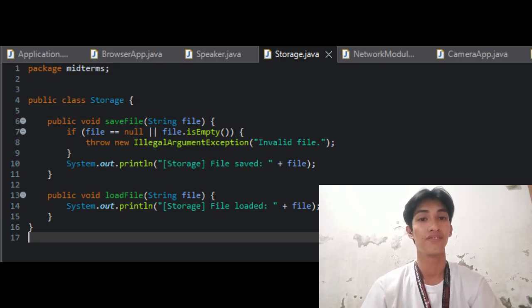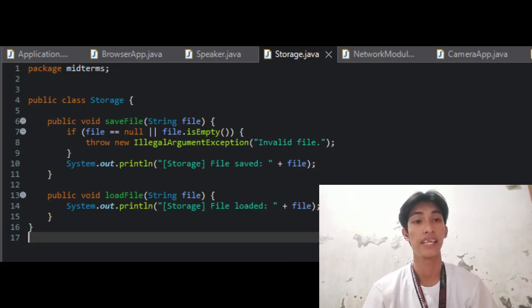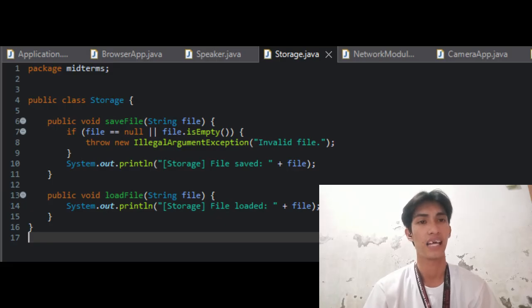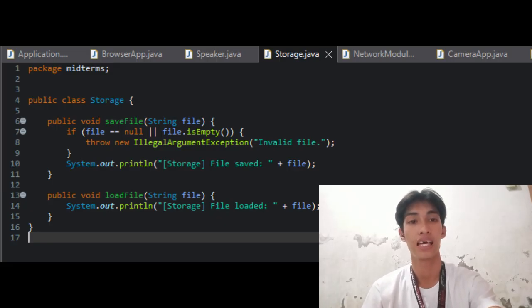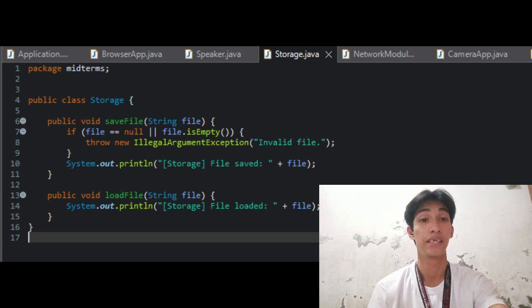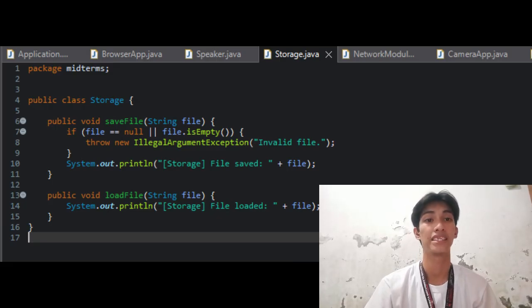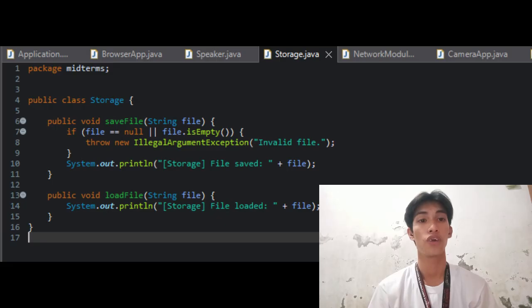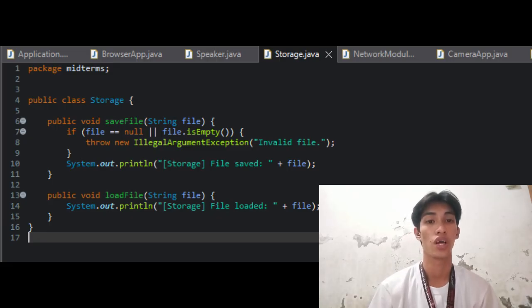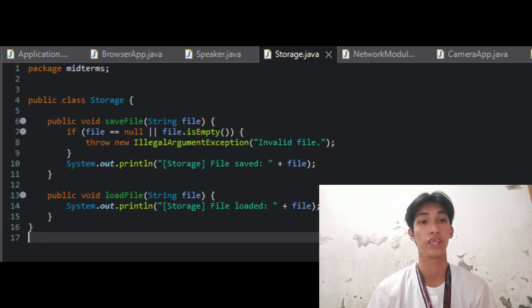Next, we have the load file method. This method also takes the file name as a parameter. Unlike the save method, this one does not perform validation. It simply prints "storage file loaded" followed by the file name. This simulates retrieving or loading a file from storage. So this class handles basic file operations where files can be saved with validation and files can be loaded for